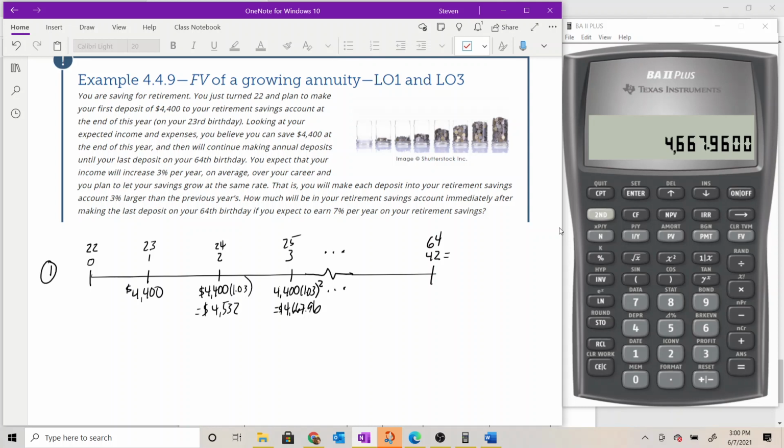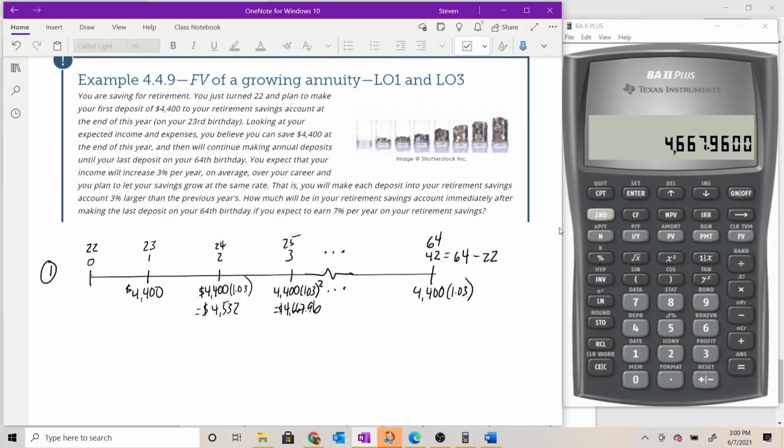A little bit neater. So that 42 total deposits we got by taking age 64, which is the end of our timeline, minus the age we are starting at, that is the age over the 0 tick mark of 22, so 42 total deposits. And so our very last deposit of $4,400, if we want to figure out what amount it is, which we don't actually need to know, we'll see in a minute when we use the formula, but just so we can get a feel for the size of the cash flows we're talking about here,